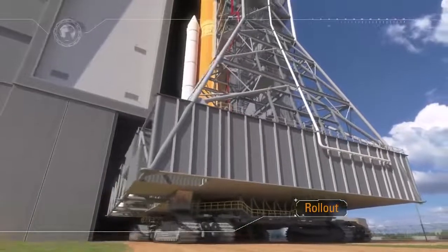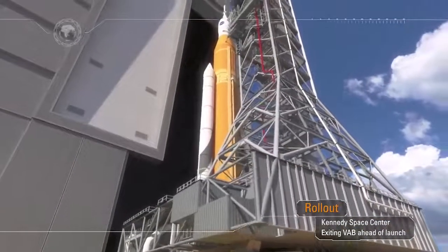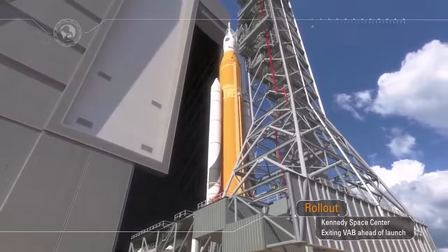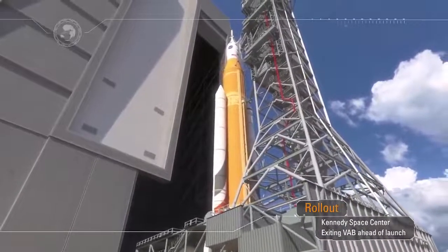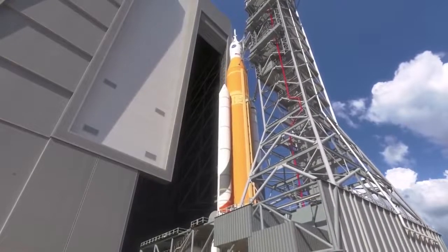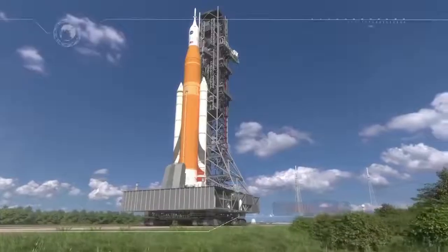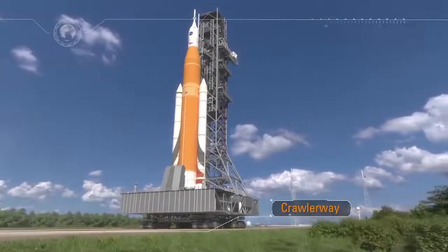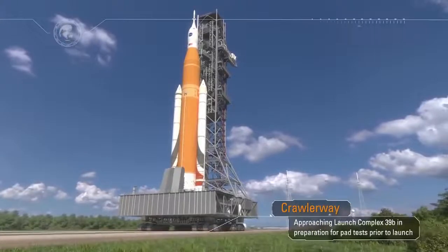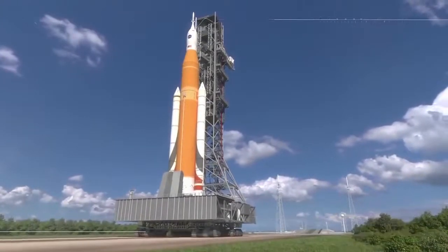Rollout from the Vehicle Assembly Building signals that launch is near. Sitting atop the mobile launcher, the crawler transporter moves along the crawlerway towards historic Launch Pad 39B at the Kennedy Space Center at a top speed of 1 mile an hour. After traveling over 4 miles, the rocket and the spacecraft climb up a ramp and are positioned over a flame trench. Once in position, the mobile launcher is lowered onto support posts and the crawler is rolled away to a